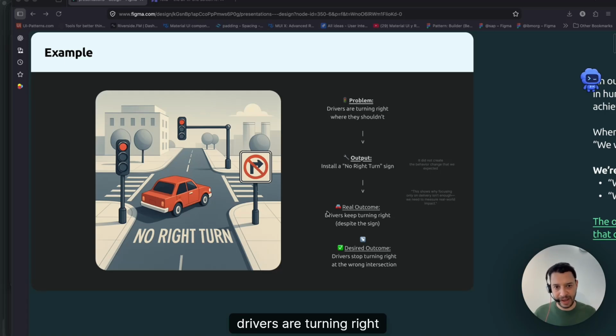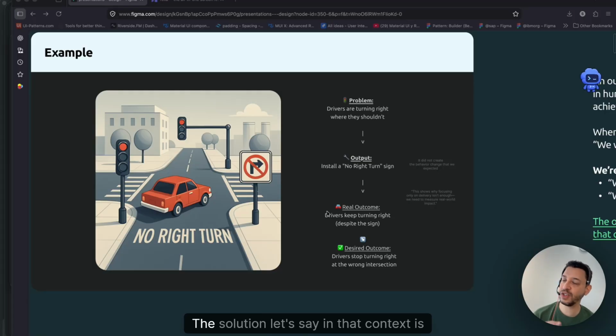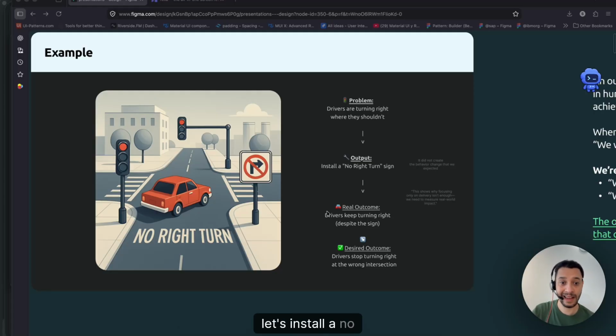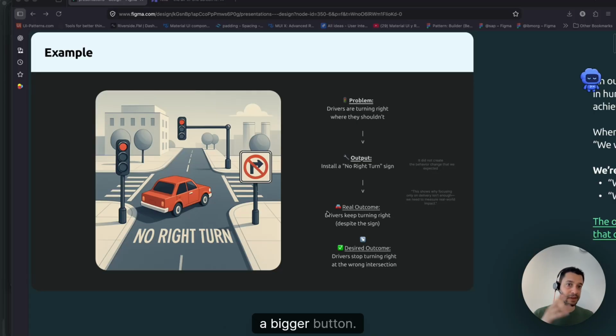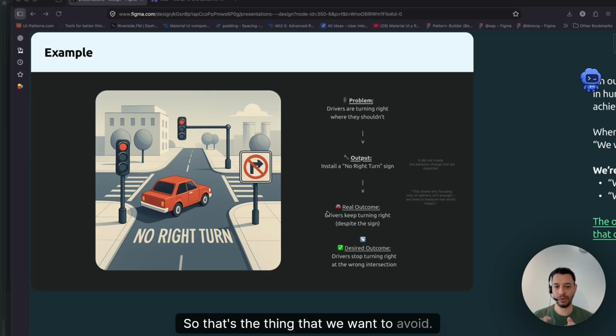The output, the solution in that context, is, okay, let's install a no right turn sign. If you are building software, somebody can say, let's have a modal, let's have a drop down, let's have a bigger button. So that's the output. That's the thing that we want to avoid.